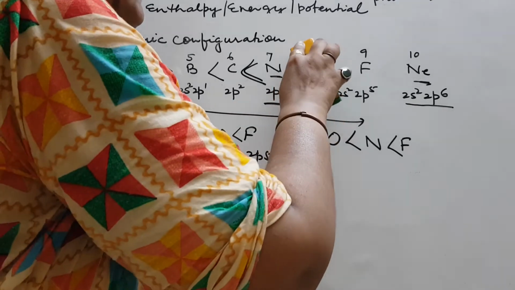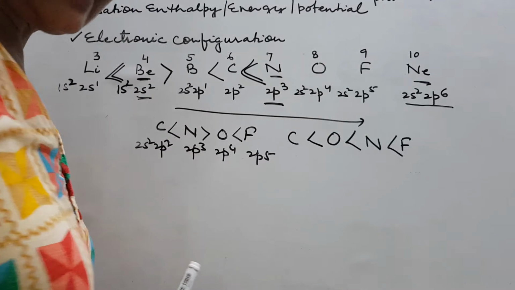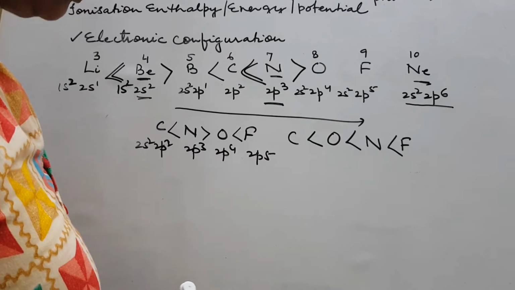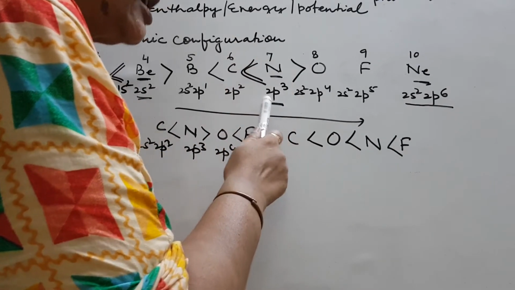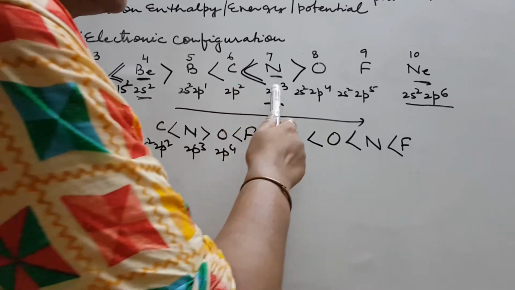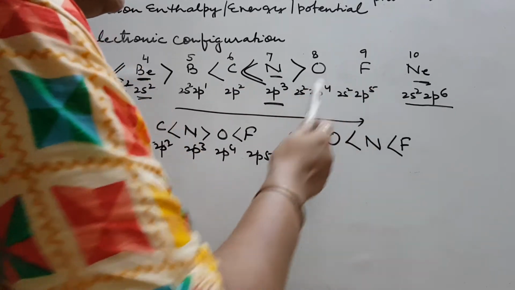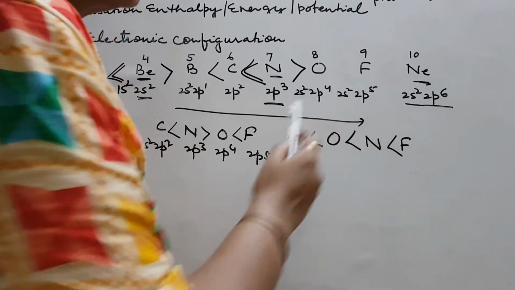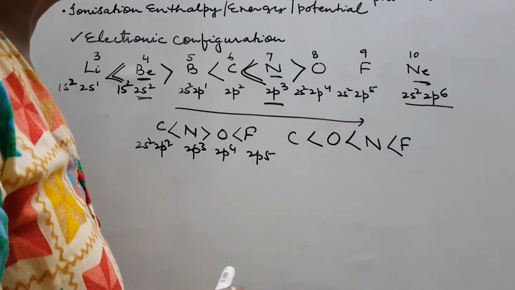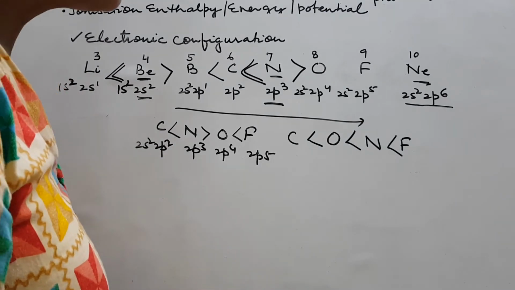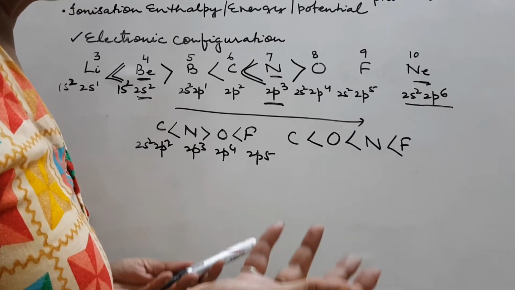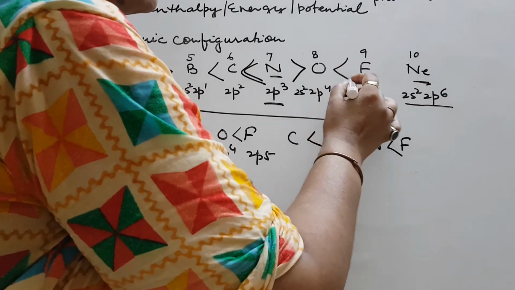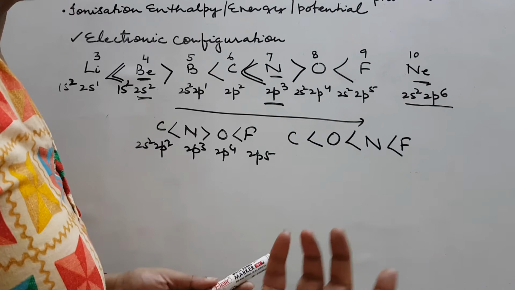So what happened? It was not like this. Rather, N had the higher value as compared to O due to its extra stability, which was again due to its half-filled p orbital. Then come to O and F. F is certainly smaller in size, moving left to right, but here it is p4 and here it is p5. So no special case of half-filled or fully filled orbitals. Hence, we have only one factor which we can compare and consider, and that is size. So F, being smaller in size, should have high IE value.